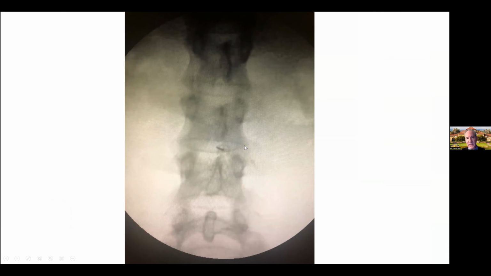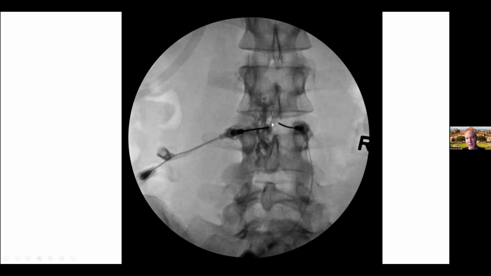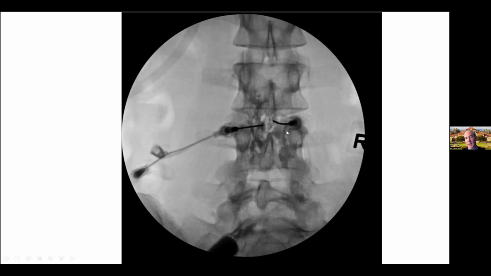When we, in fact, went to patch her, you could see after we put in our needle and injected contrast, that the contrast, this dark hazy stuff here, spread up and down, but not at all to the right side. Often people will have a little kind of fibrous band here. So we put in a second needle here, and that's what it looks like after injecting in that second needle. So this is somebody who needed a second needle on the opposite side of midline to get adequate spread across half the interspace where she had her known dural puncture.